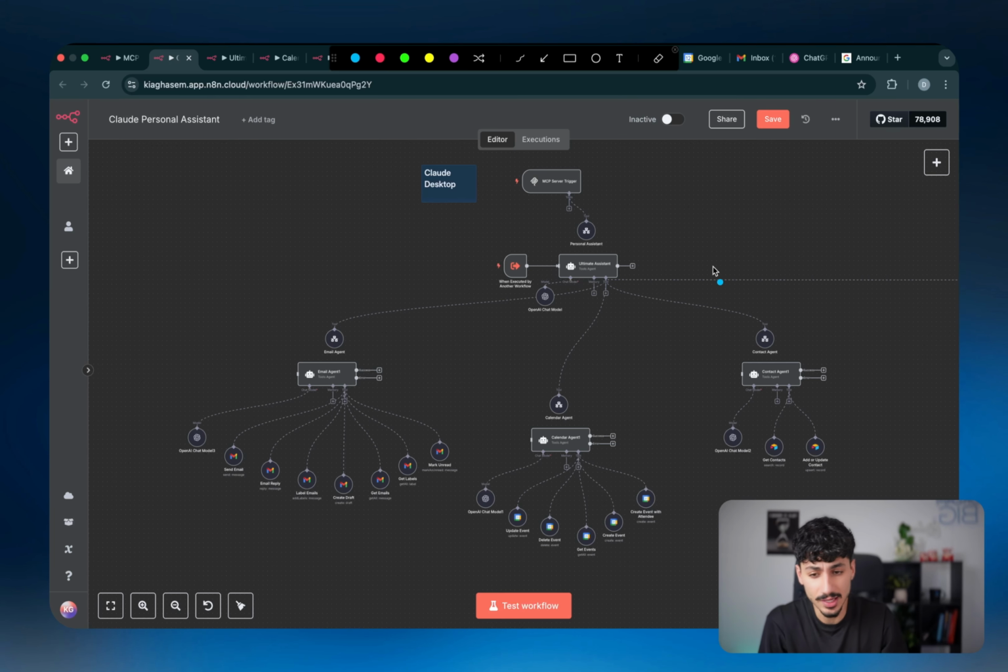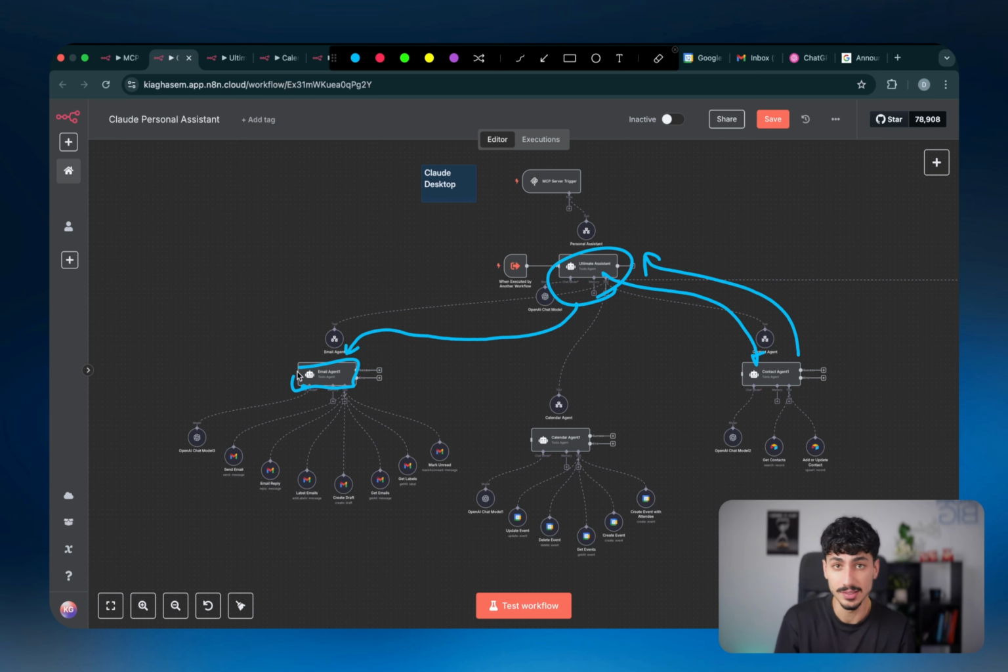So then coming back here, the ultimate assistant basically first called onto the contact agent, got the email address, then sent a query to the email agent to actually reply to the email from that person. So the email agent first figured out which email it has to reply to, and then it actually sent the reply to that email. So now let's take a look at how you can actually set this up for yourself.